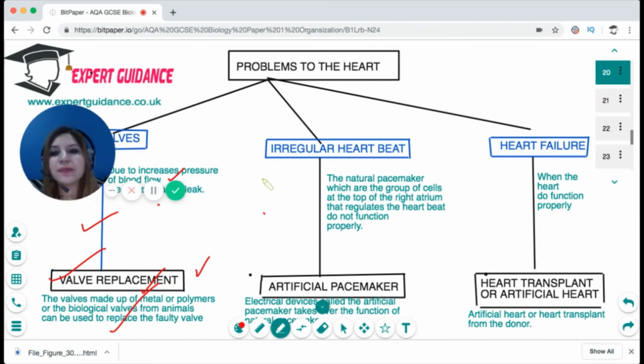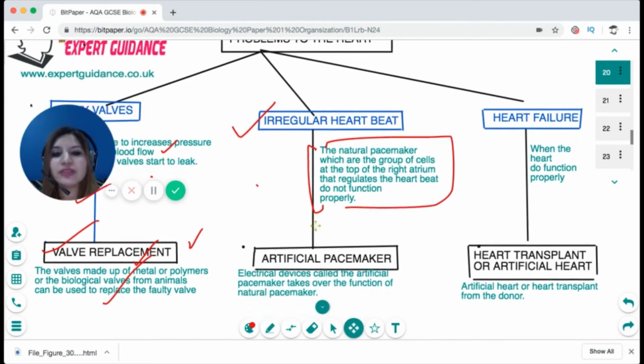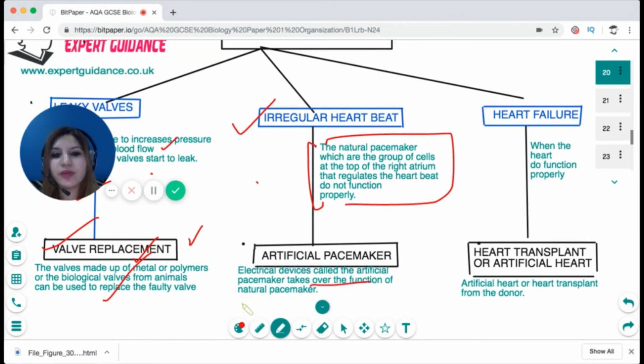At times, the person gets an irregular heartbeat. Why? Because the heart is controlled by a group of cells present in the right atrium called the pacemaker, which regulates the heartbeat. If there's any problem with that, there's an irregular heartbeat. So we make electrical devices called artificial pacemakers, which take over the function of the natural pacemaker, and they regulate